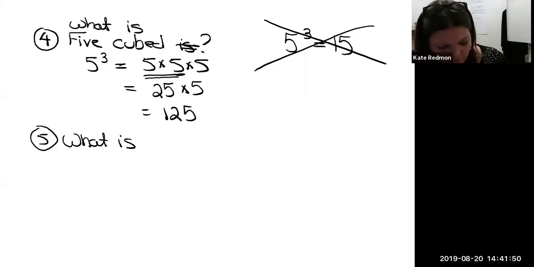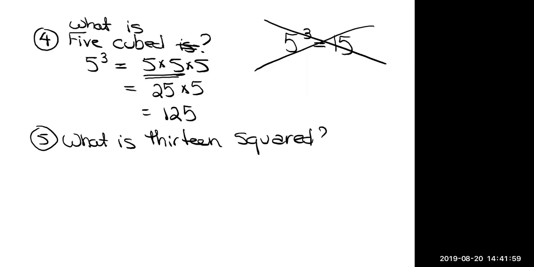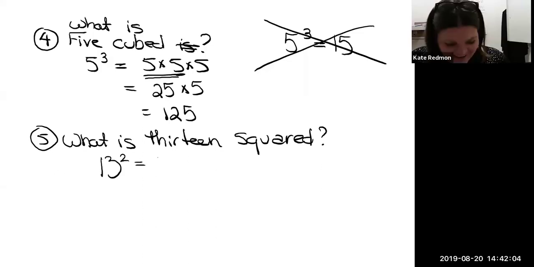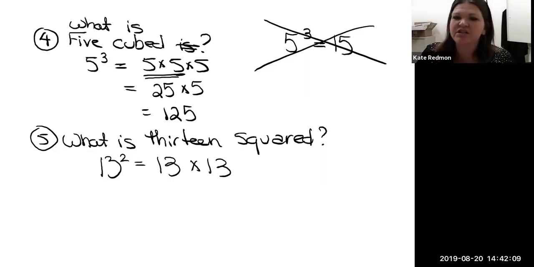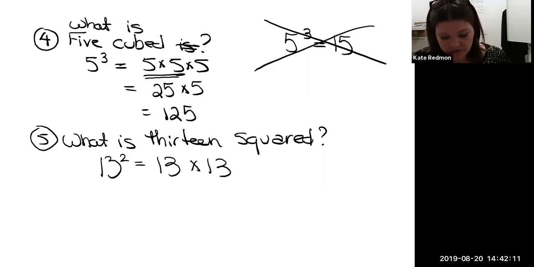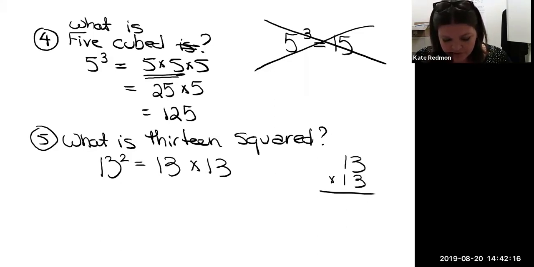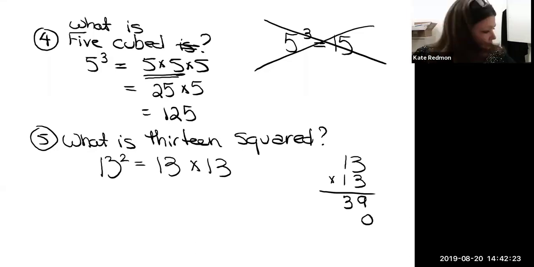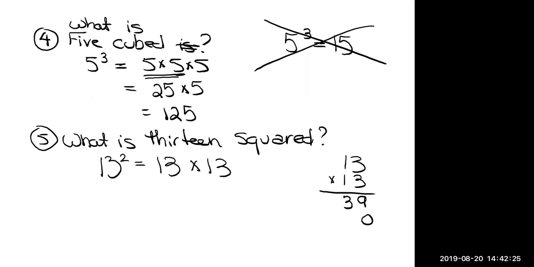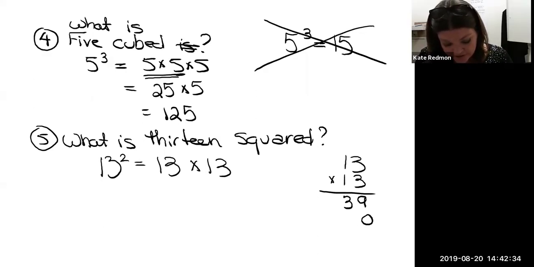So how about this one? What is 13 squared? It's 13 to the power of 2, so 13 times 13, which is a big number. So how could I figure out that big number? If this was on the GED just this simple, you would not have a calculator. So super important, you could come over here and use your multiplication algorithm, and I will. 3 times 3 is 9, and 3 times 10, of course, is 30. So that's a 3 in the tens place. 169. Yes, it is. And 1 times 3, or 10 times 3, I should say, is 30, and then 10